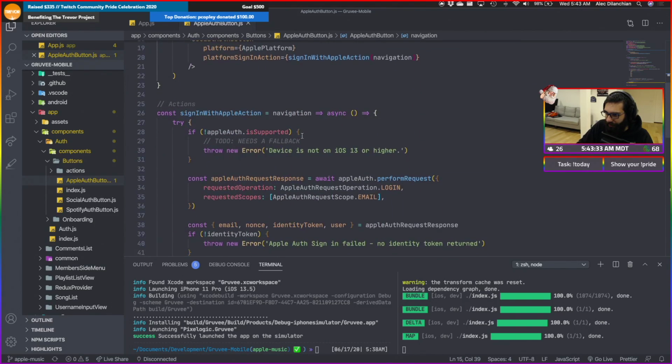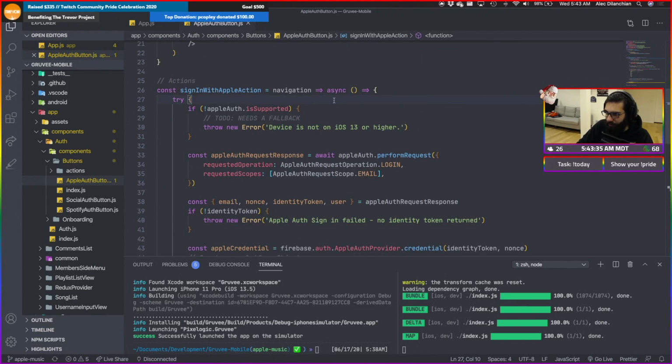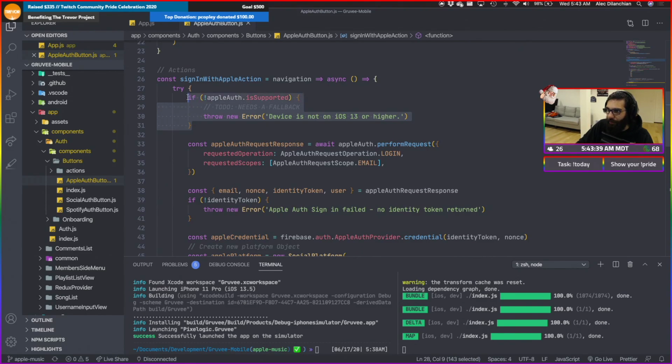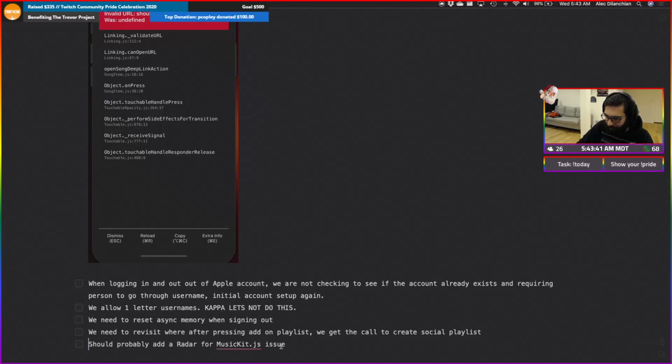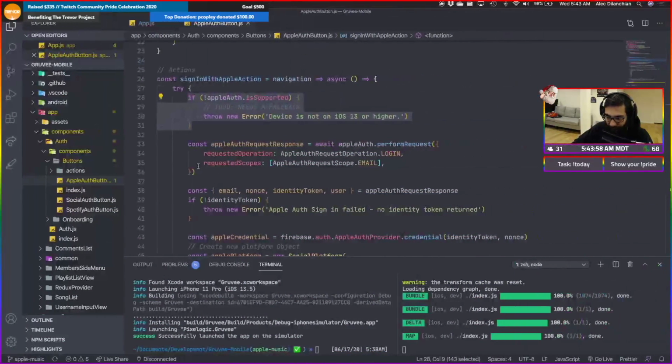So our plan here then is the sign in with Apple action. If Apple Auth is supported, oh, right, we also need to have a fallback method if the device isn't iOS 13. In order to use the Apple sign-in stuff, you actually have to be on iOS 13 or higher, which honestly kind of sucks.